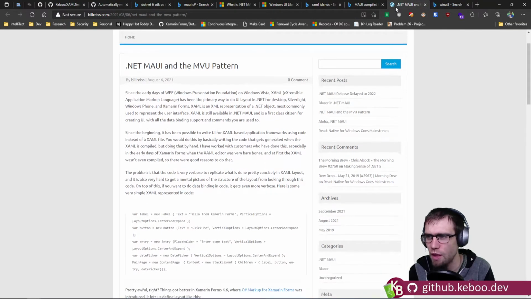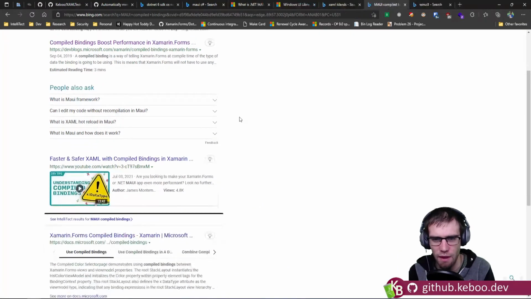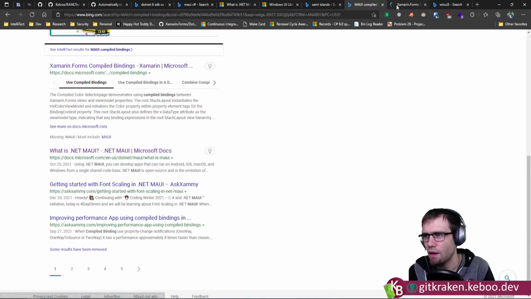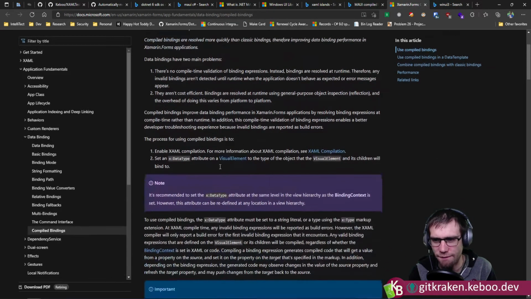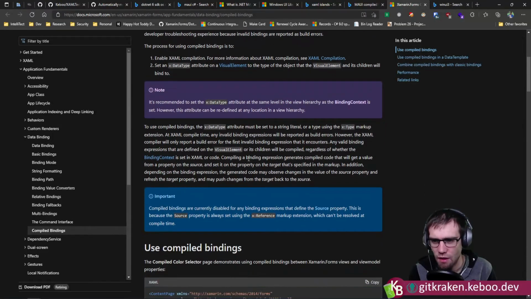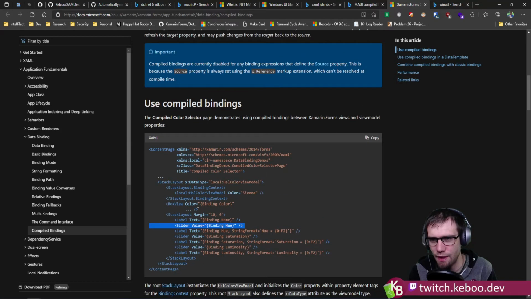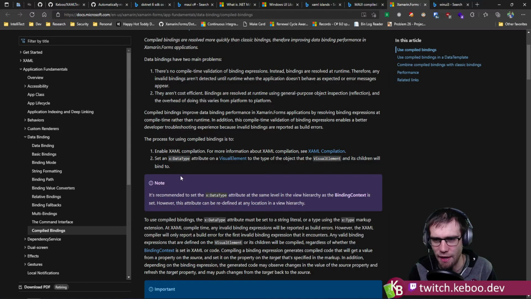I assume it will be the same thing for I wonder if this redirects. I'd probably have to spend a little time digging to know, but because Xamarin Forms had the compiled bindings, which